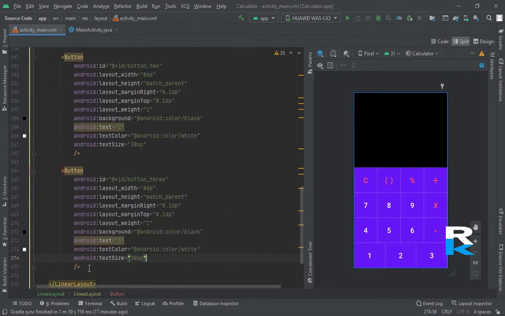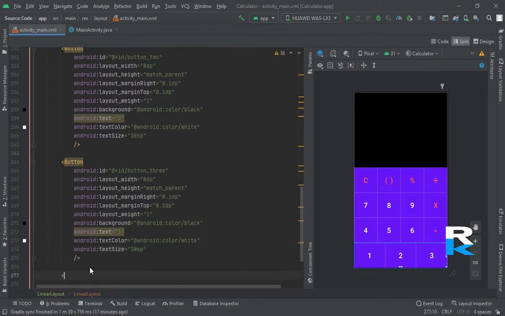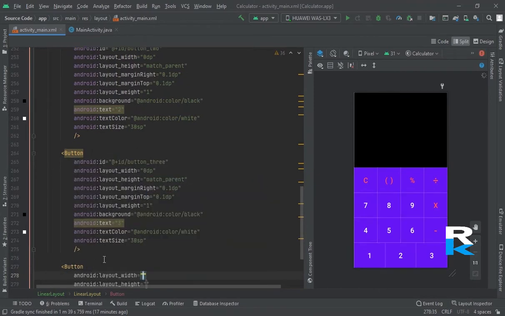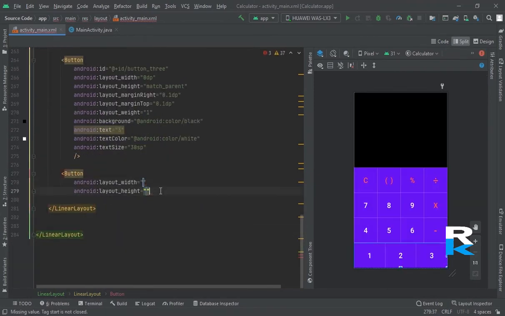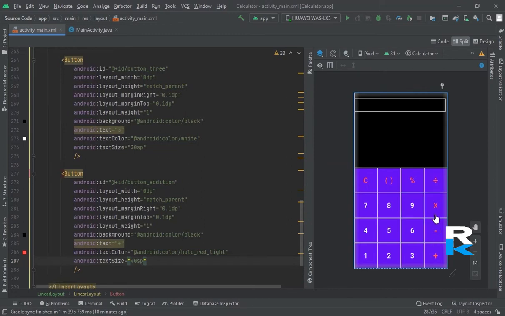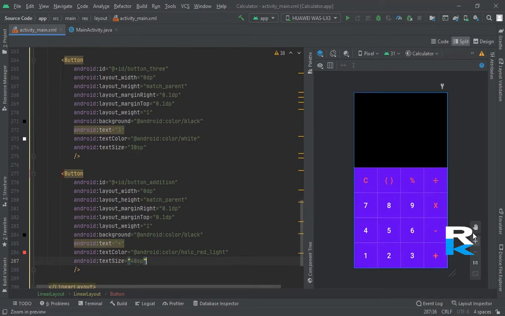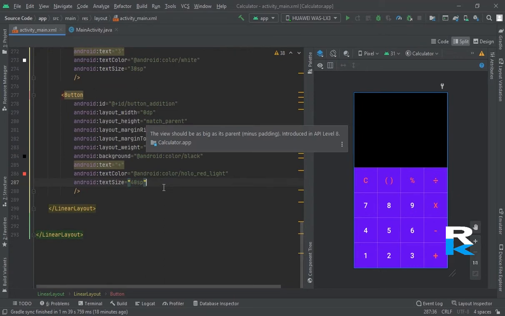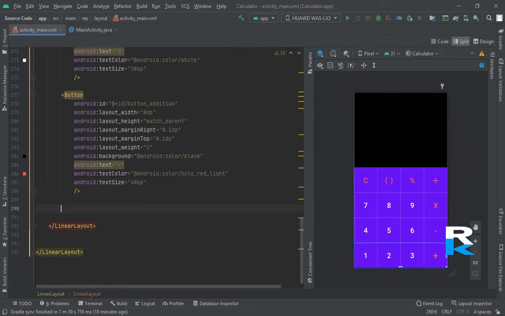Now the next button is for the plus button. Close this. Look at this, just copy and paste this, you can do it, fine. And just these arithmetic operator buttons have text size 40 and the number buttons 30, so you can just change that. There is nothing different.